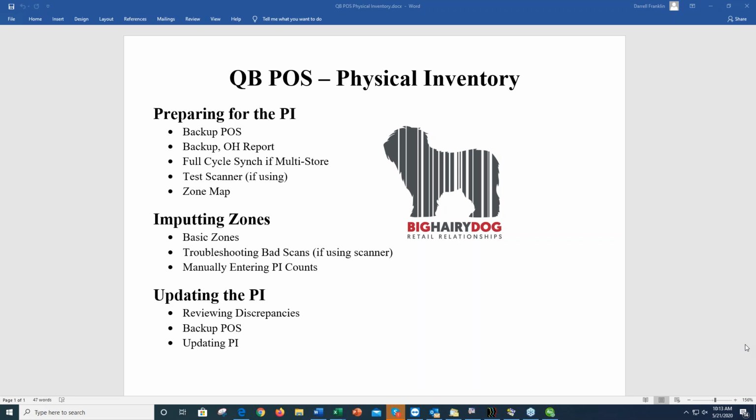If you're doing your inventory with the physical inventory scanner, then it's important before you do the inventory to test the scanner, make sure it is talking to your computer. So once you have that established that your scanner can talk to the computer, you want to make sure it's clear and that it does not contain any information, and then you're ready to go around and start scanning the